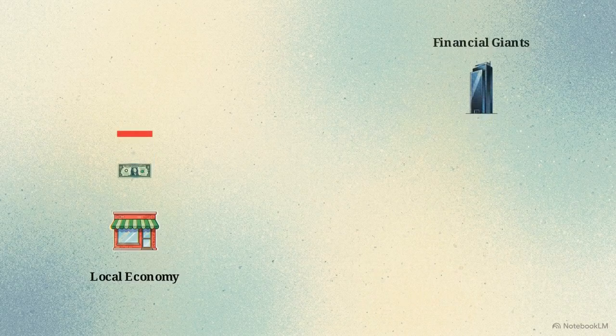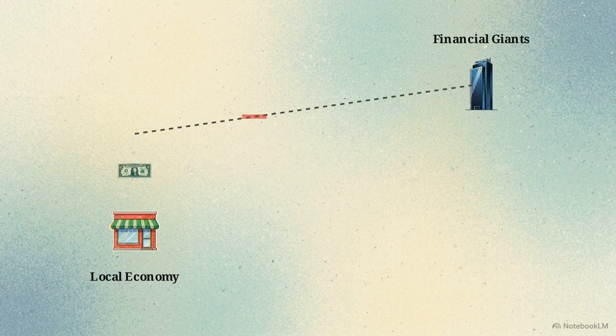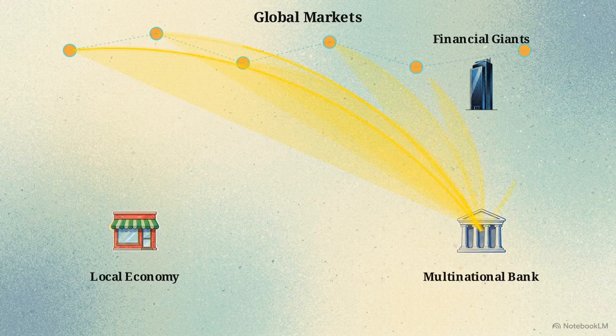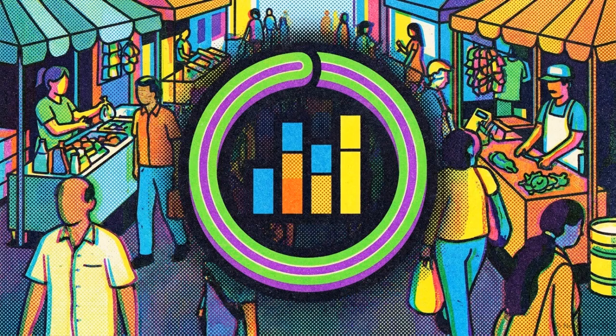An extraction process begins immediately. A legacy payment terminal skims processing fees right off the top, routing that capital away from the community and up to financial giants. Then, the local business owner deposits the rest of their revenue into a multinational bank. Instead of extending credit down the street to the local economy, the bank uses those deposits to finance developments across the globe. Economists measure how fast capital moves through a system using a metric called the velocity of money.